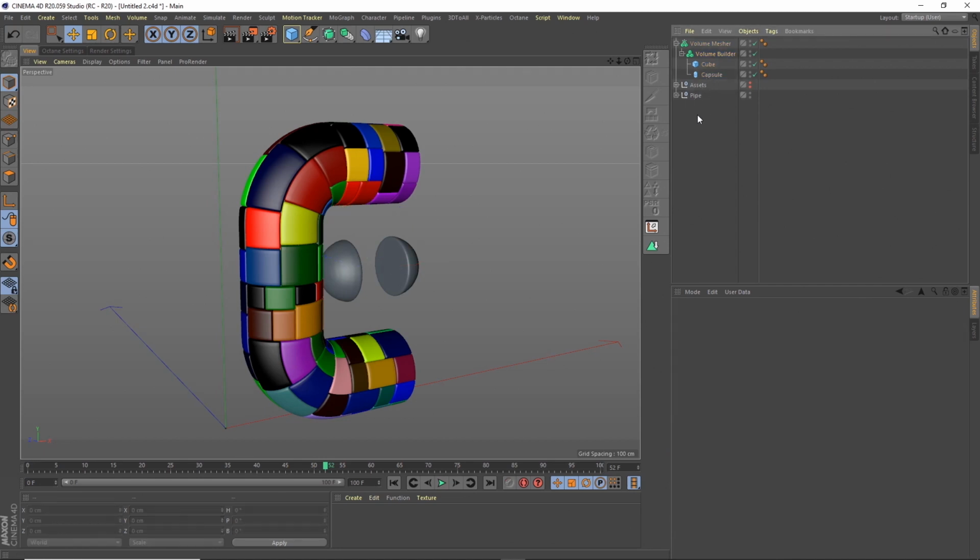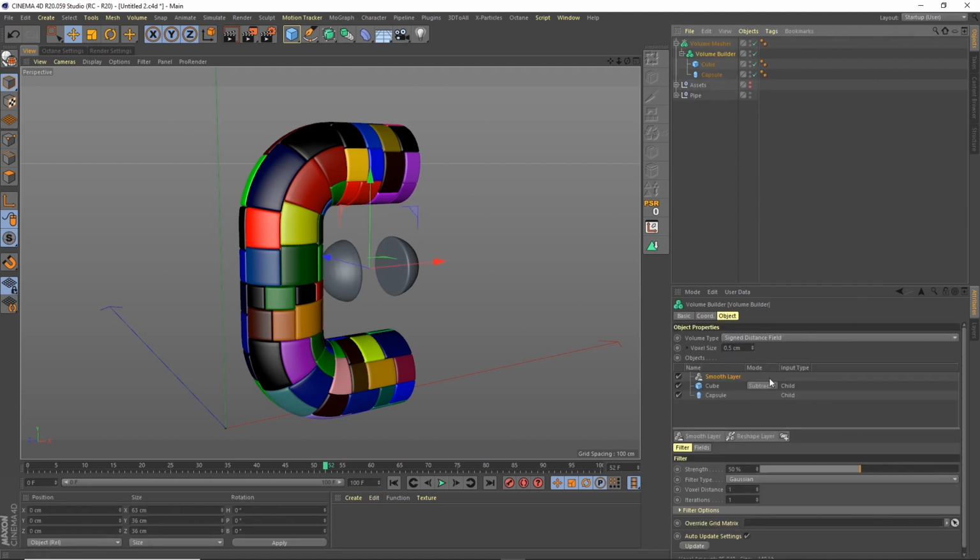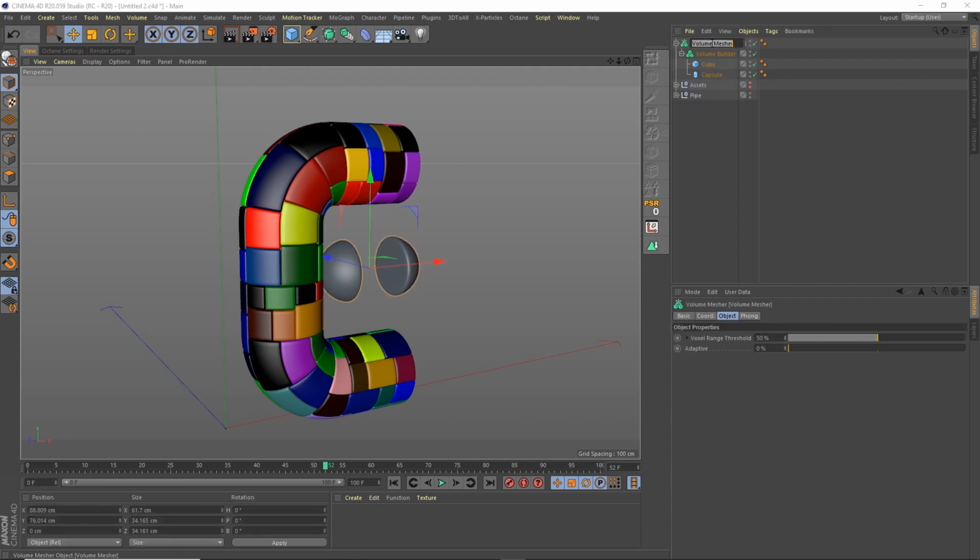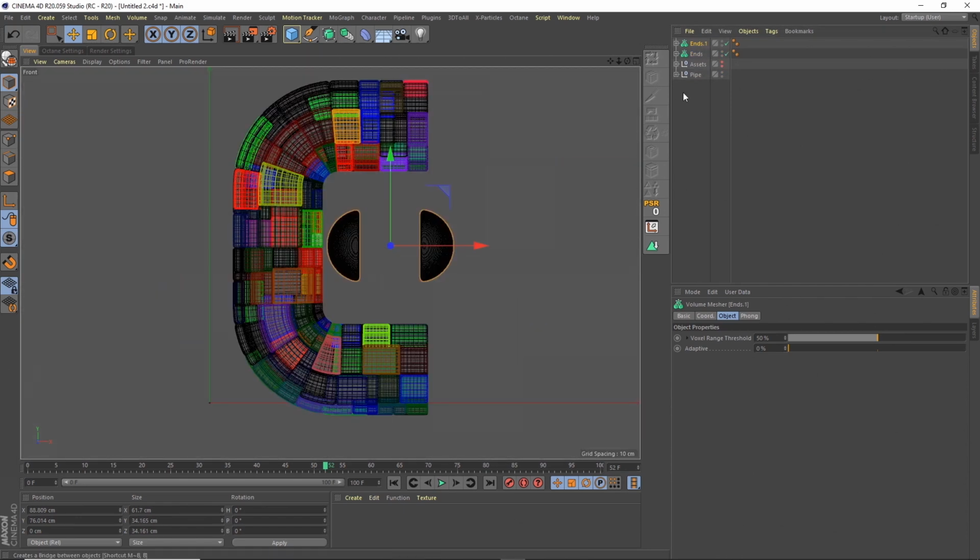So, but this is the settings I'm going with for now. I might change this to 2 actually. Yeah, so I just wanted to smooth out those edges a little bit. Okay, so I'm going to call this one ends, and then I'm going to duplicate it and go back to our side view,